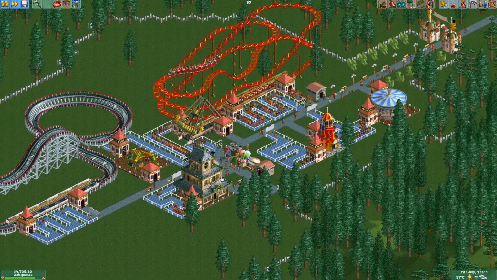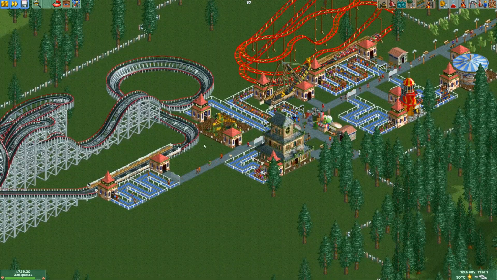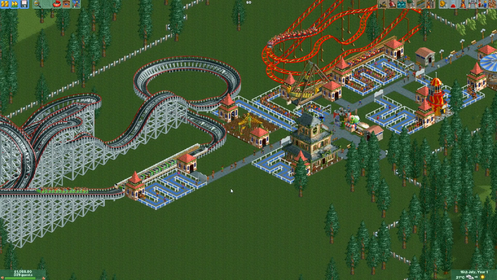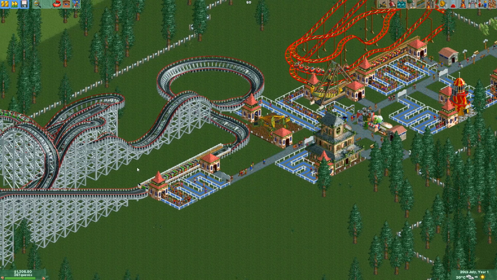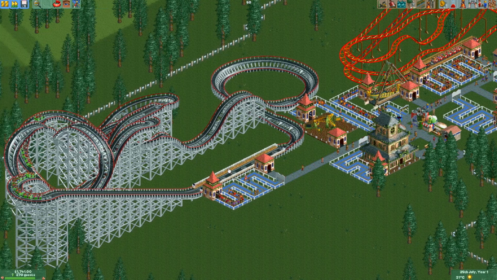So how's the rest of the park doing? Just in that time, I've earned another $4,000, so this coaster's full. And I think we're pretty much done with this episode, so let's just put this on turbo speed. And when I say turbo speed, it's quite fast. Probably be nice if you get another train on there. But anyway, in future episodes we'll explore the...